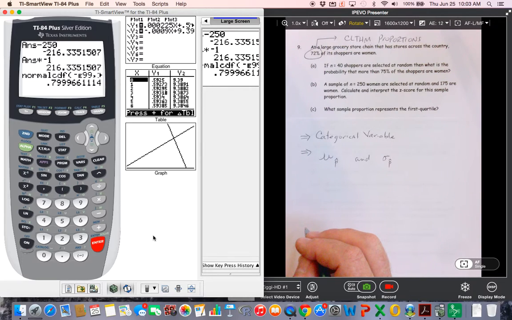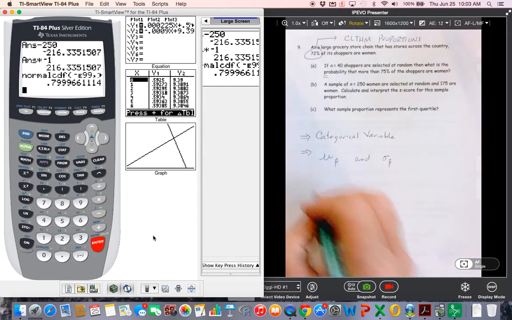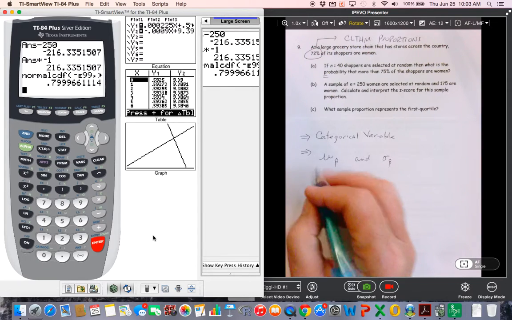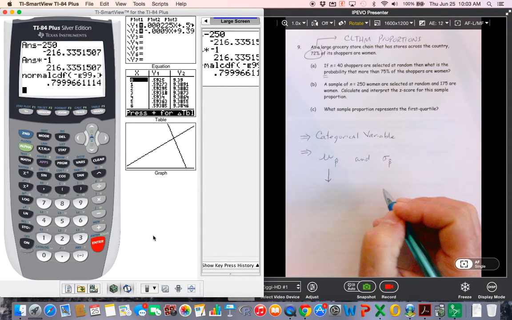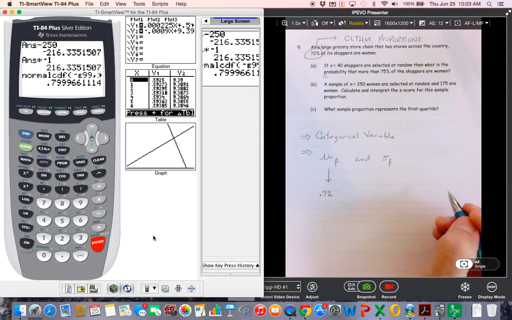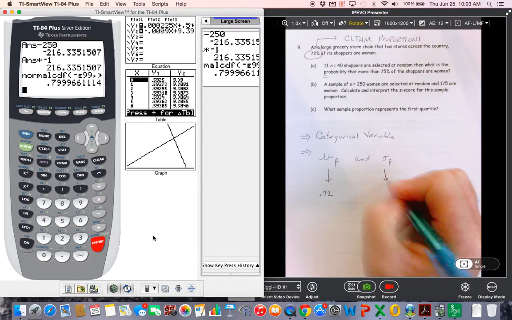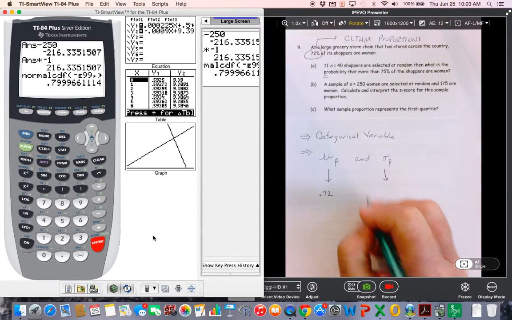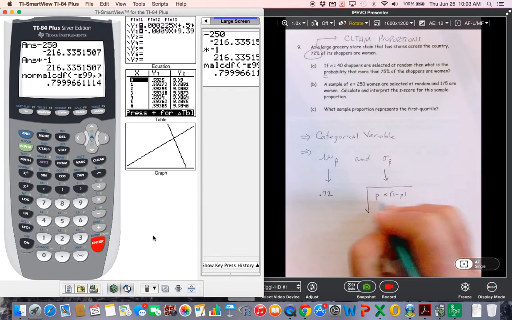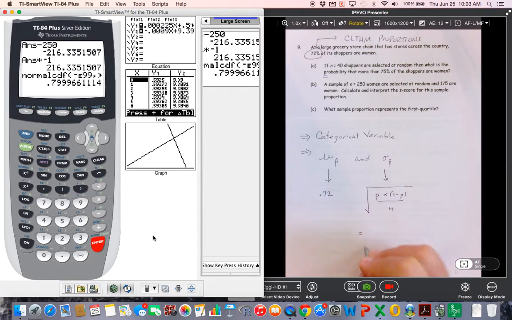So part A says if n equal 40 shoppers are selected at random, then what is the probability? Probability starts with a P, so we know we're going to use normal CDF, that more than 75% of the shoppers are women. Now guys, remember this mu sub P is equal to the percentage that we start out with. So it's going to be 0.72 in this problem. The sigma sub P hat is the square root of P times 1 minus P over N. So for this problem, it's going to be